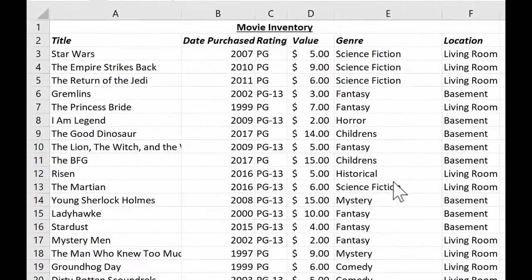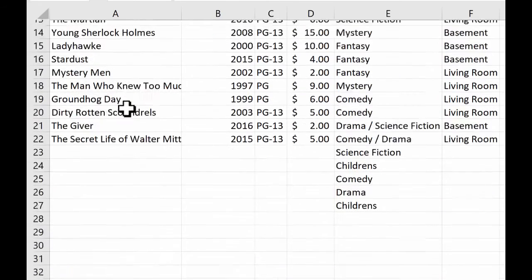And in this tutorial, I'm using one of the spreadsheets that I made in past tutorials. If you haven't seen my Excel Basics tutorial, my Intermediate Excel tutorial, and also the series of advanced Excel tutorials, you really should go back and watch those. But in those tutorials, I created this spreadsheet that's a movie inventory of movies that I have, and it's quite